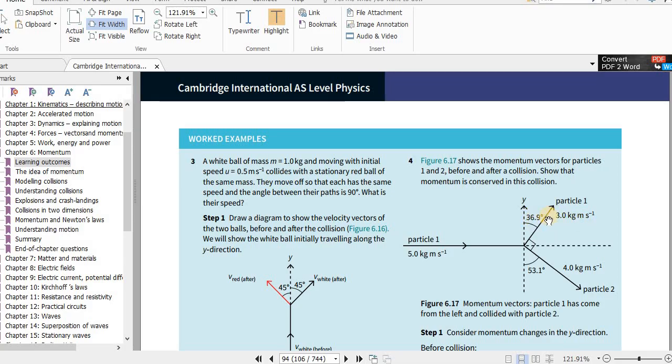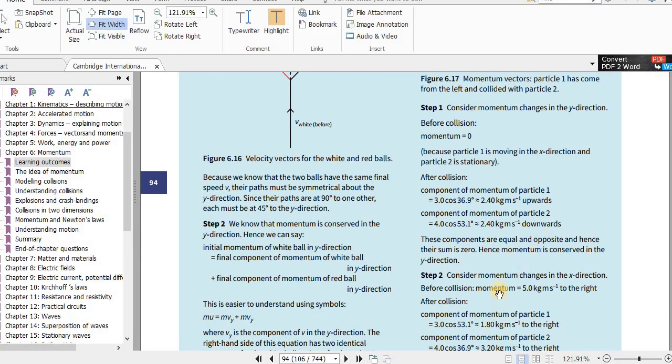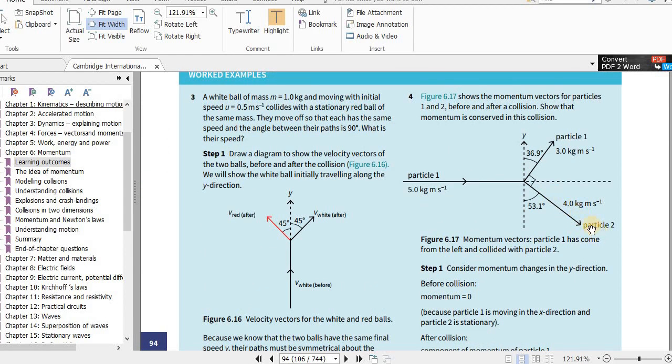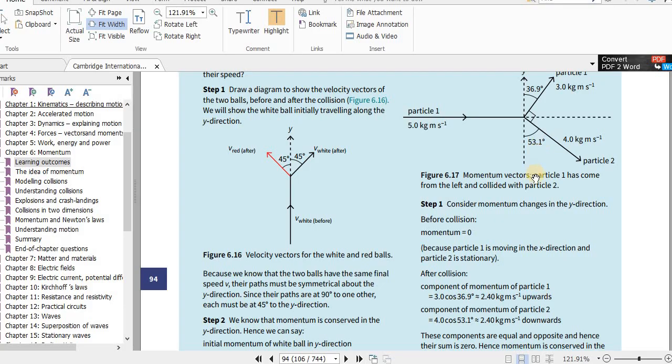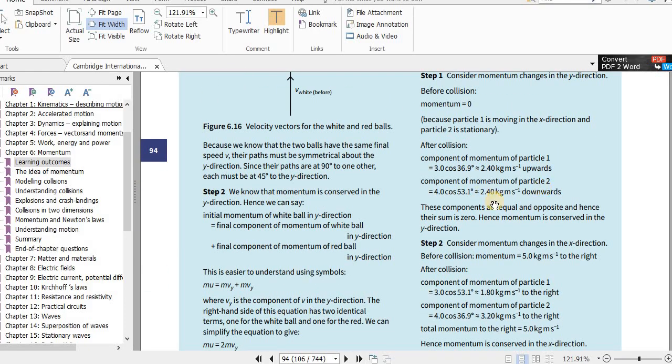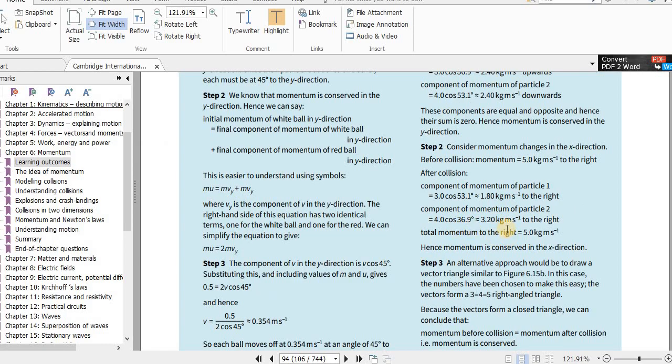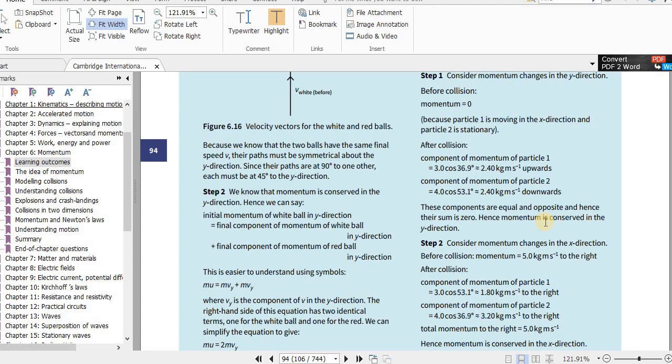So 3 sine 36.9, or 3 cosine of this angle here, that is 53.1. Here also we can do the same, 4 sine 53.1 or 4 cosine of this angle here. So they are using cosine, then 90 minus this will give you 36.9, to the right. Total momentum to the right is, you add these two, and that should equal the total